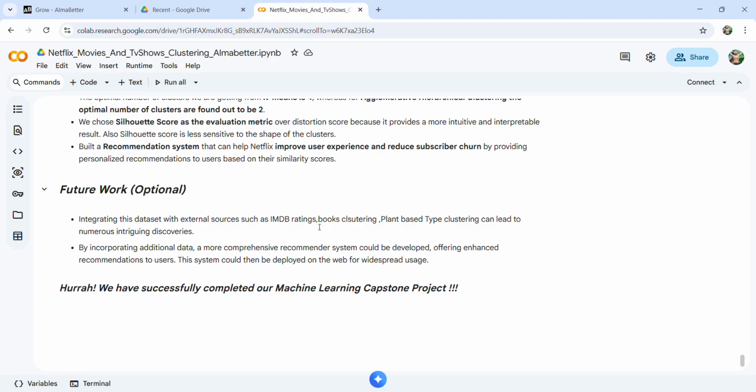Conclusion. Now, in further work on these datasets, external sources such as IMDb ratings could be integrated, and clustering could be improved by adding numerical attributes by integrating additional data. A more comprehensive recommendation system should be developed, offering enhanced recommendations to users. This system could be deployed in